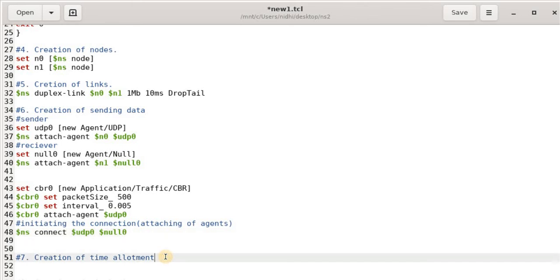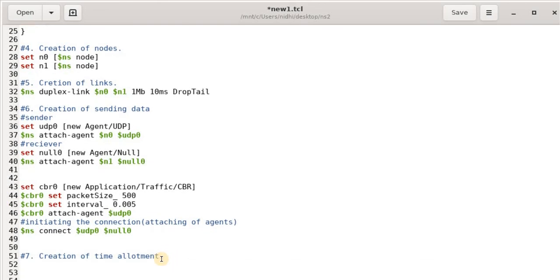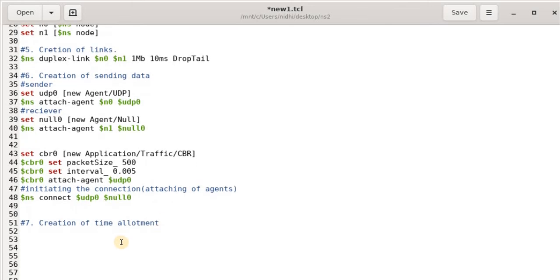So, creation of the time allotment. Inside this, there are two things: one for the simulation and another for the CBR. For the CBR start and stop, we have to mention that the simulator at 0.5 seconds should start my application, CBR 0.